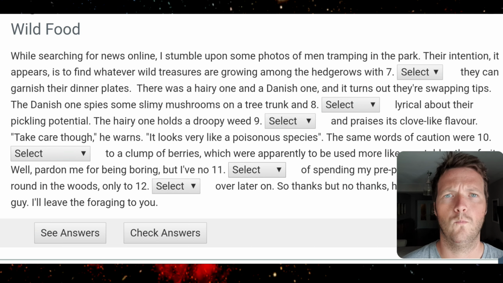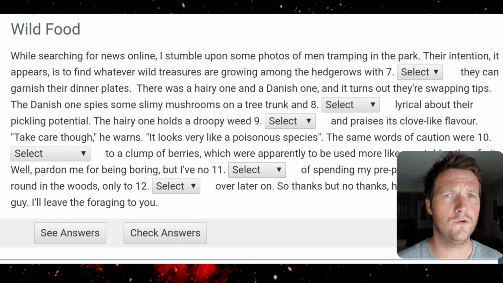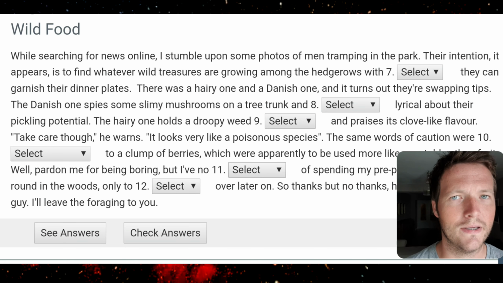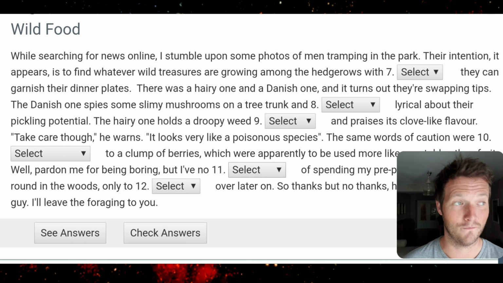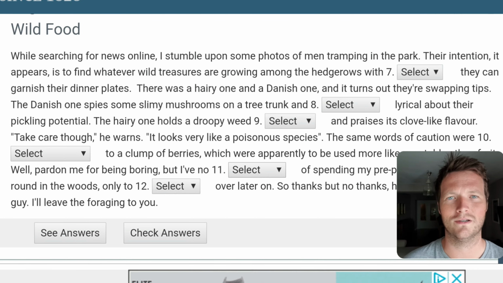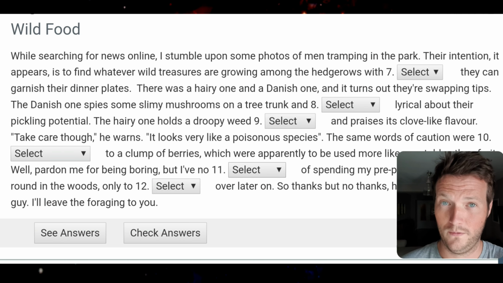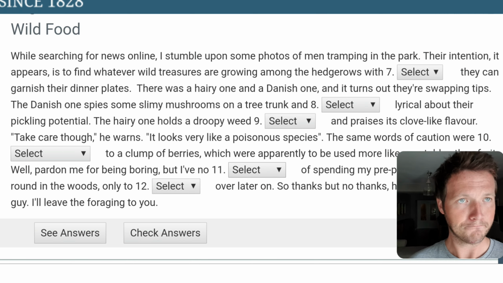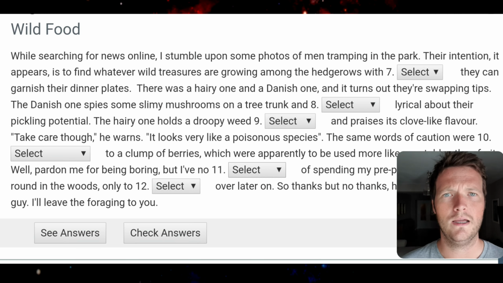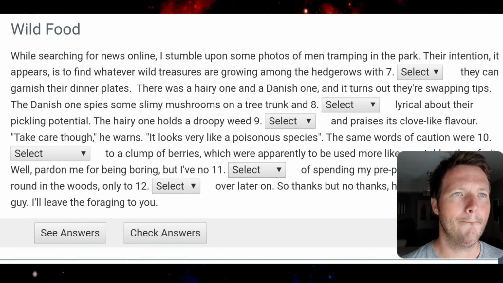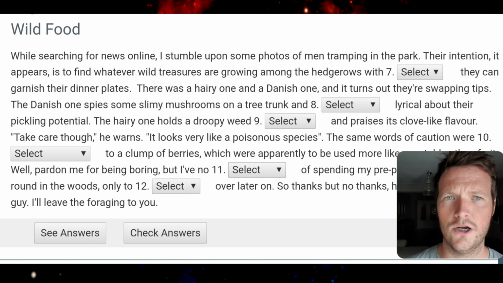Okay, so wild food. While searching for news online, I stumble upon some photos of men tramping in the park. Tramping not in the sense of being a vagrant, being a vagabond and living in the park because they don't have a house. No, tramping in the sense of treading, of walking basically in the park. Their intention, it appears, is to find whatever wild treasures are growing amongst the hedgerows with they can garnish the